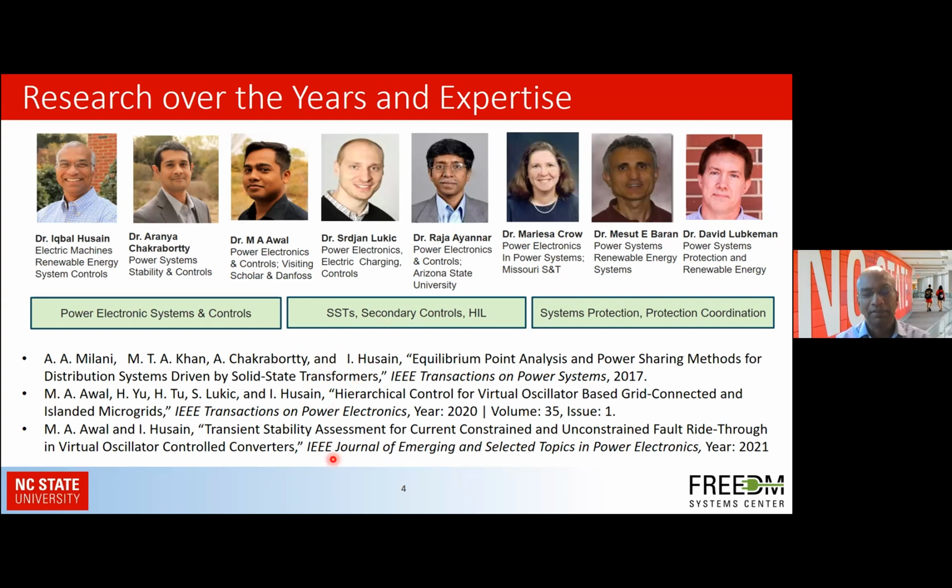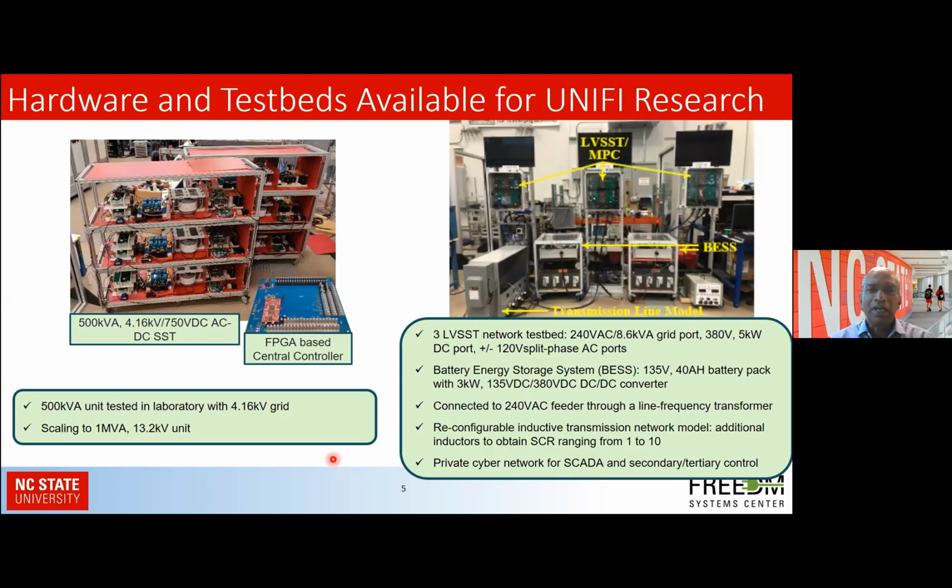I just put together a few references here, but these are very few of the papers and publications that came out of the program, and there are many others that we have worked on over the last 5-7 years, particularly on the systems controls aspect for the modernization of the power grid, integrating renewables into the system. The overall work incorporates both hardware and controls, and they are very tightly integrated. I'll show you some of the hardware capabilities that we have that can be offered as a test bed